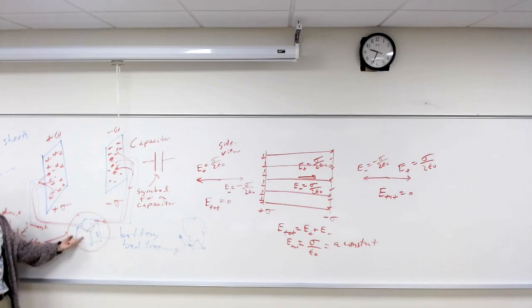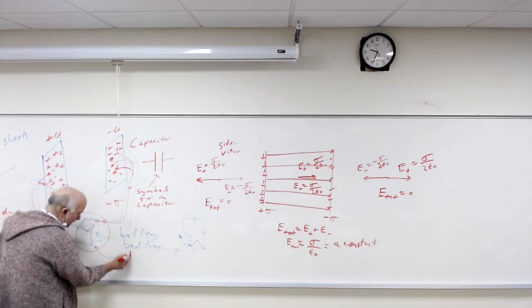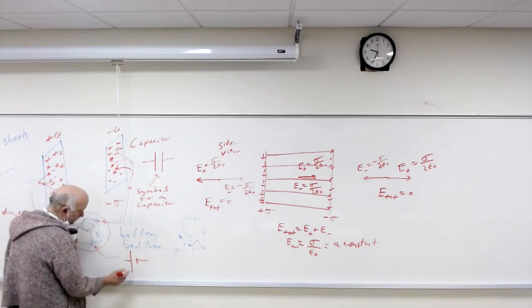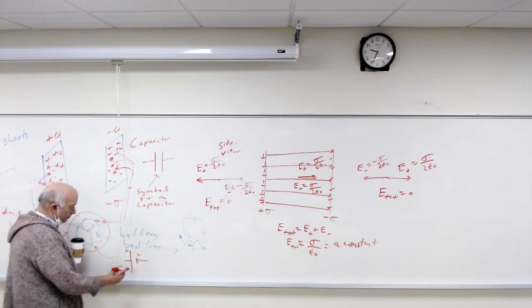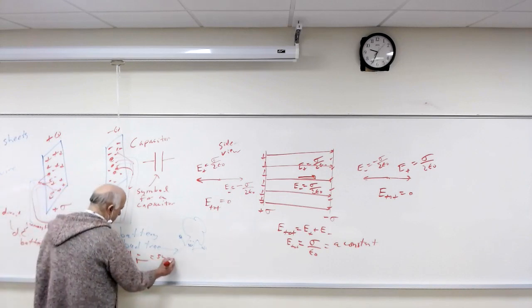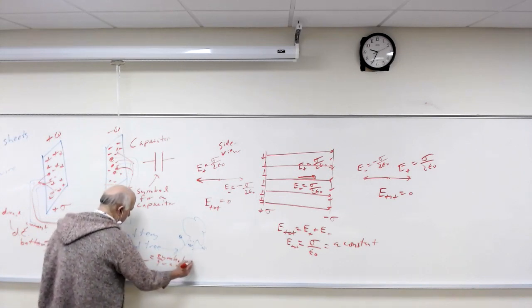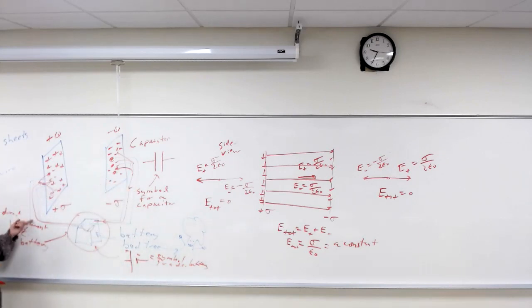Now, we don't want to keep drawing the battery like this, so we're going to have a symbol for it. The symbol is: for the positive side, we make a big line like this, and for the negative side, we make a little line like that. This is the positive part and that's the negative part, and this is the symbol for a DC battery. And for wire, I'm not going to keep drawing thick wire like this. Instead, you just use a line.